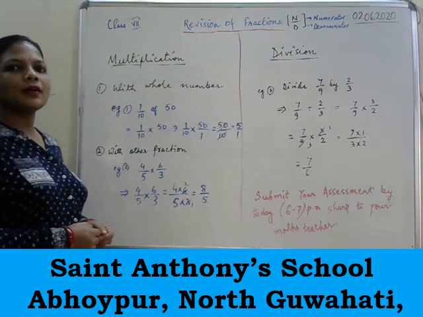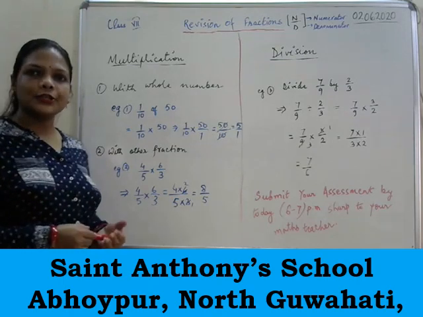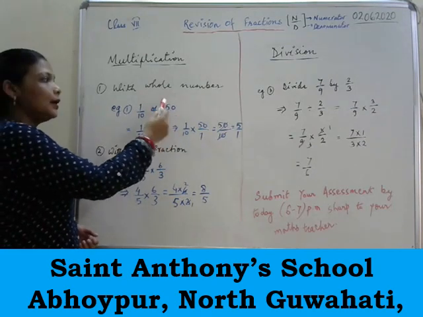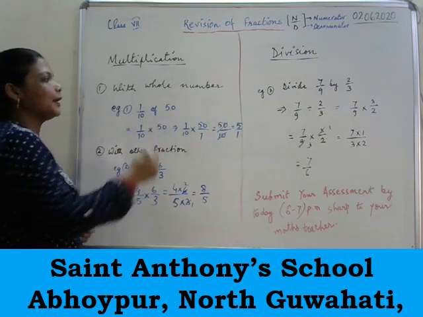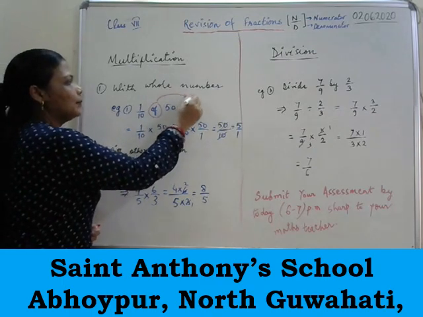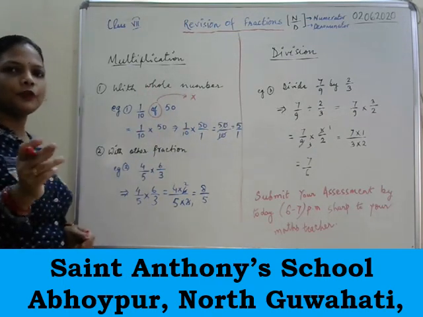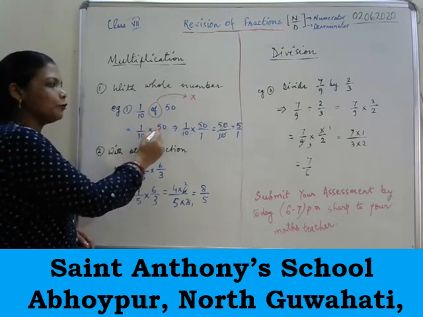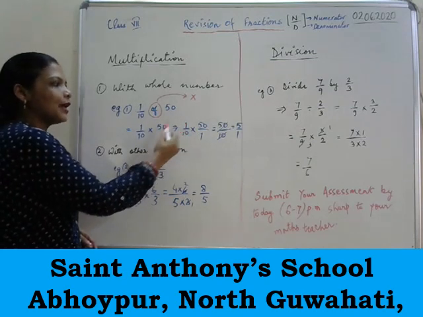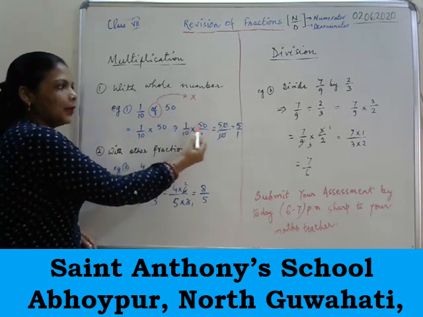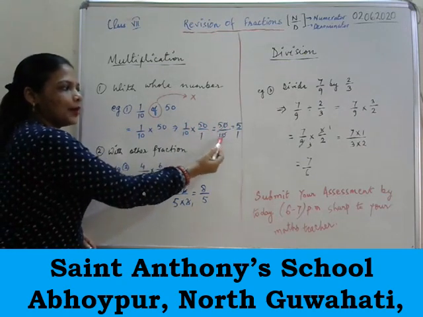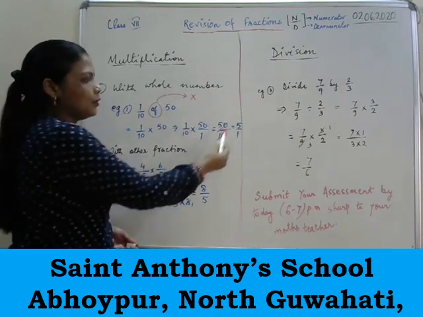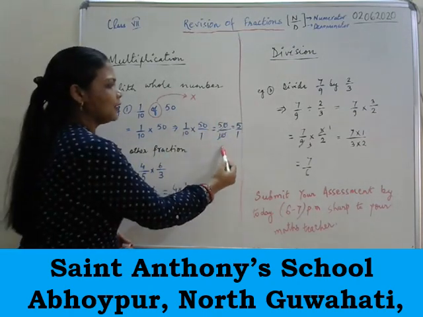So now we will see how to multiply fractions. Fractions are multiplied either with a whole number or with a fraction. If it is with a whole number, remember, I have already explained that of stands for multiplication. So the first example is, if you have to find 1 by 10 of 50, it means 1 by 10 into 50. 1 by 10 is as it is, 50 can be written as 50 by 1. Multiplying, 50 into 1 is 50, 10 into 1 is 10, and you can cancel. 10 fives are 50 and 10 ones are 10. So the answer is 5 by 1, which can even be written as 5.